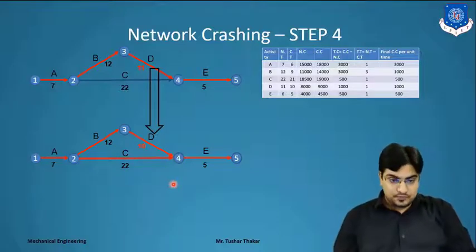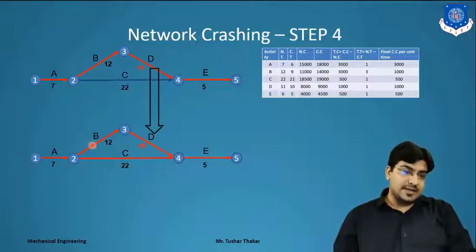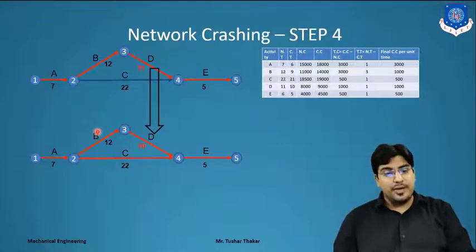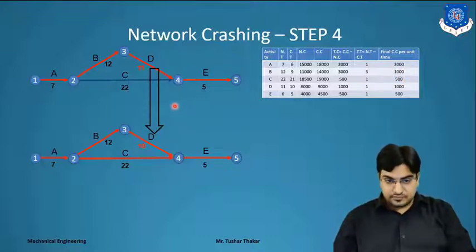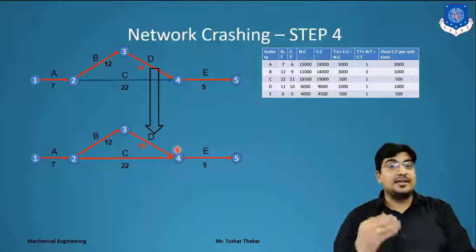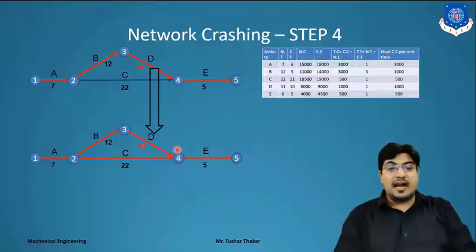Now for the previous critical path, suppose we reduce the duration of B. What is the crash cost of B? The crash cost is 1000. So far we have used a crash cost of 1500. If we add 1000, that exceeds the value of 2000, right? So we can't reduce the project time in the B activity.